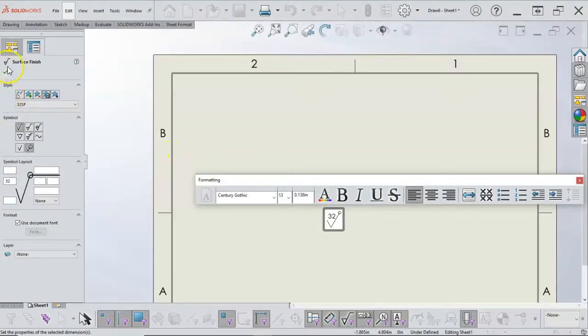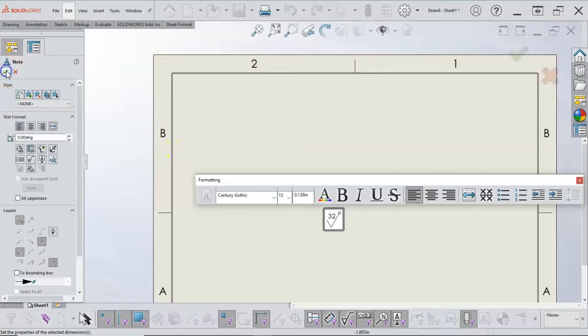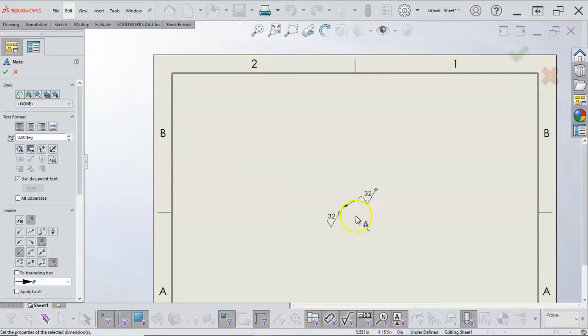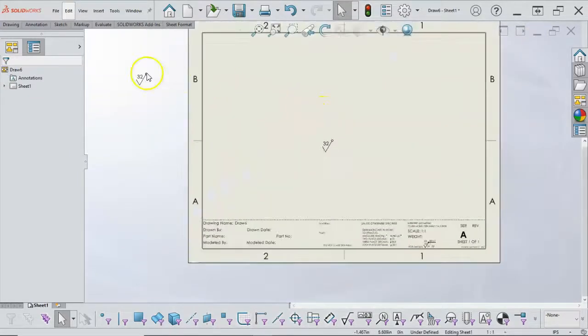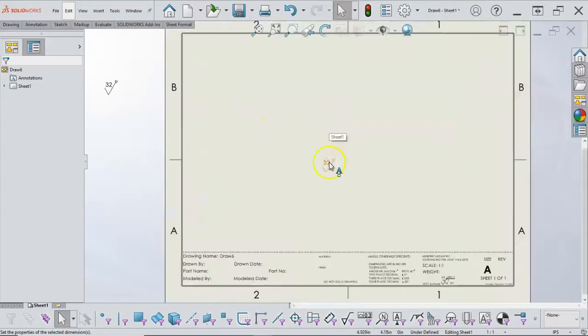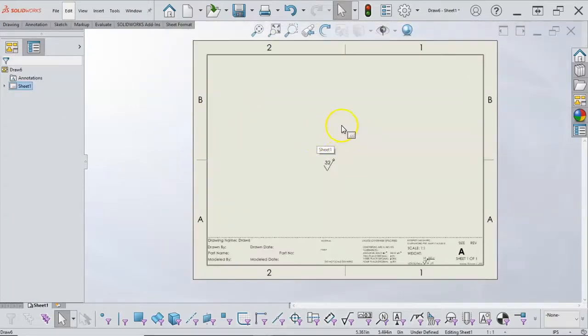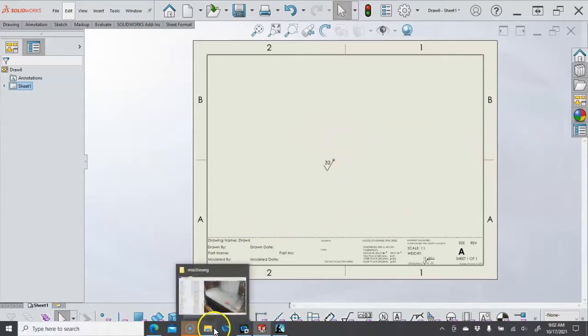All right, so if I have more than one surface that I want to apply that to, I can just pick it and place it for the geometry. And then I do have to watch, for some reason, if I click, there it goes. There are shadow surface finish callouts that get into the mix. All right, so what does all of that mean is